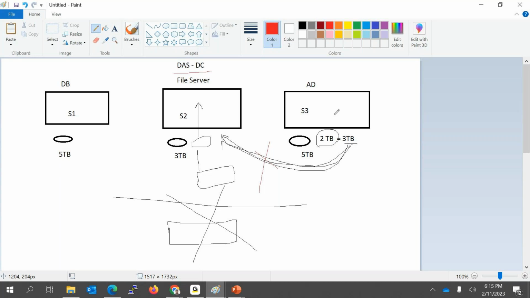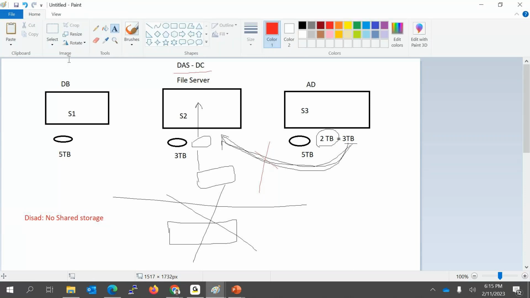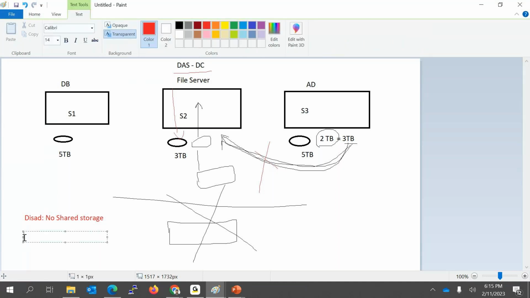Okay. So the problem here is, no shared storage. Then what advantage you get here is, okay, your data is local. All your data is local, so your performance is good. Your read and write is always good compared to other technology.